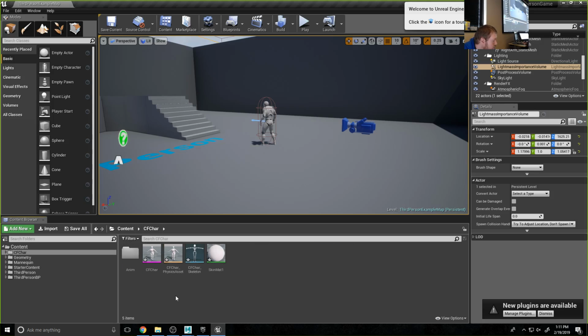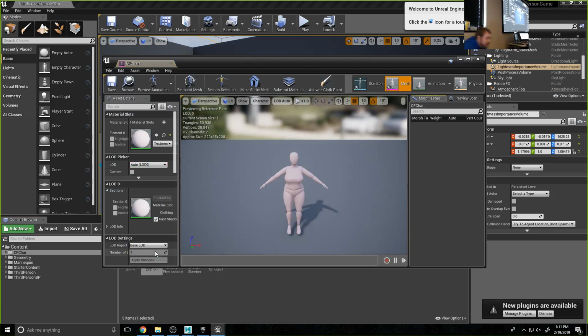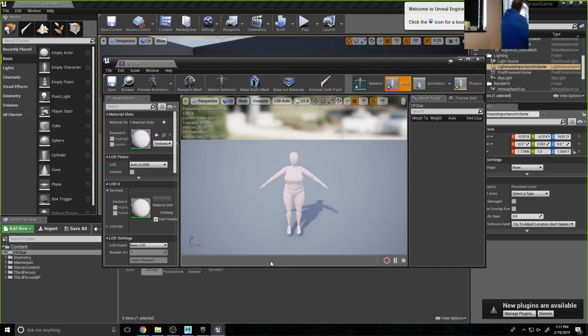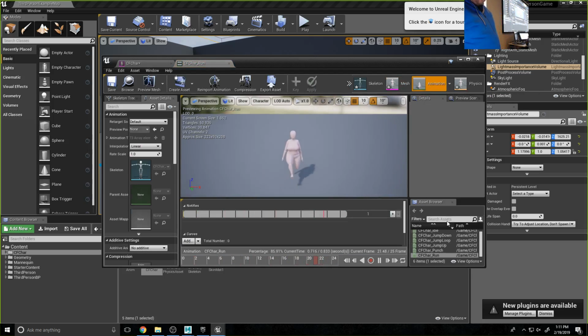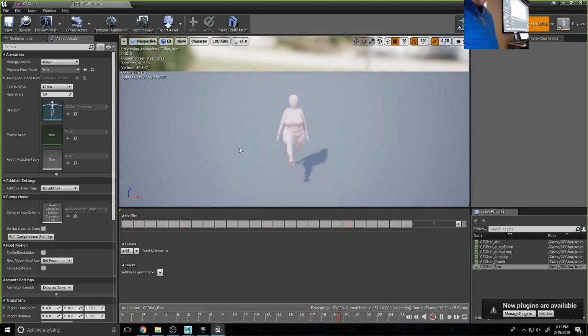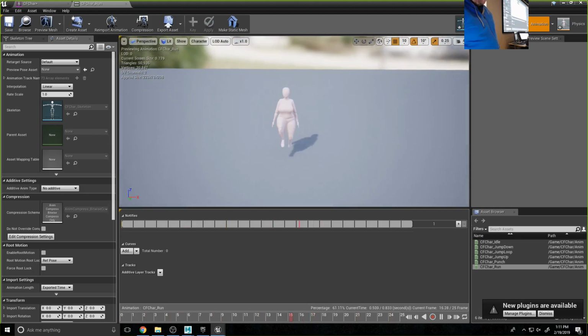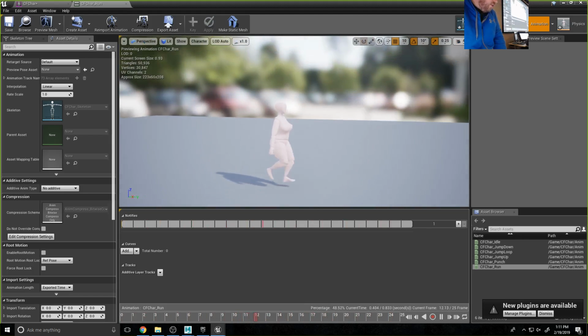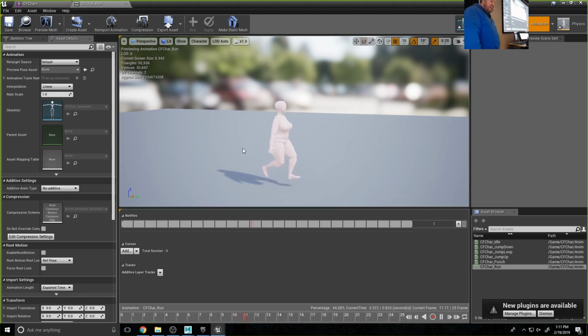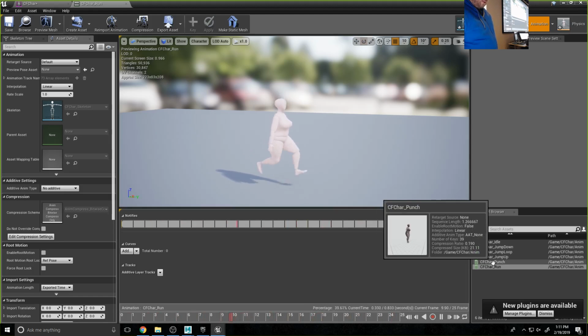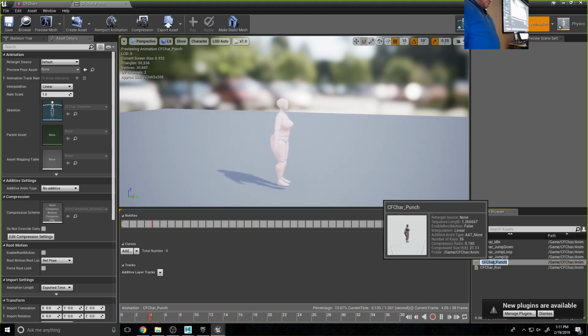Move here. So now when I double click on this character, you'll notice I have another tab up there on the top that says animation. If I click on that, you'll see that I get a list of animations and I get to start seeing my character running in the engine. Just a quick little shortcut key, I can just click and drag to move around in here, but if I want to tumble around it like in Maya, if I hold down Alt, I can do that. Right? And so now you can see each of those animations in the engine. I click punch, kind of double click punch. Okay,